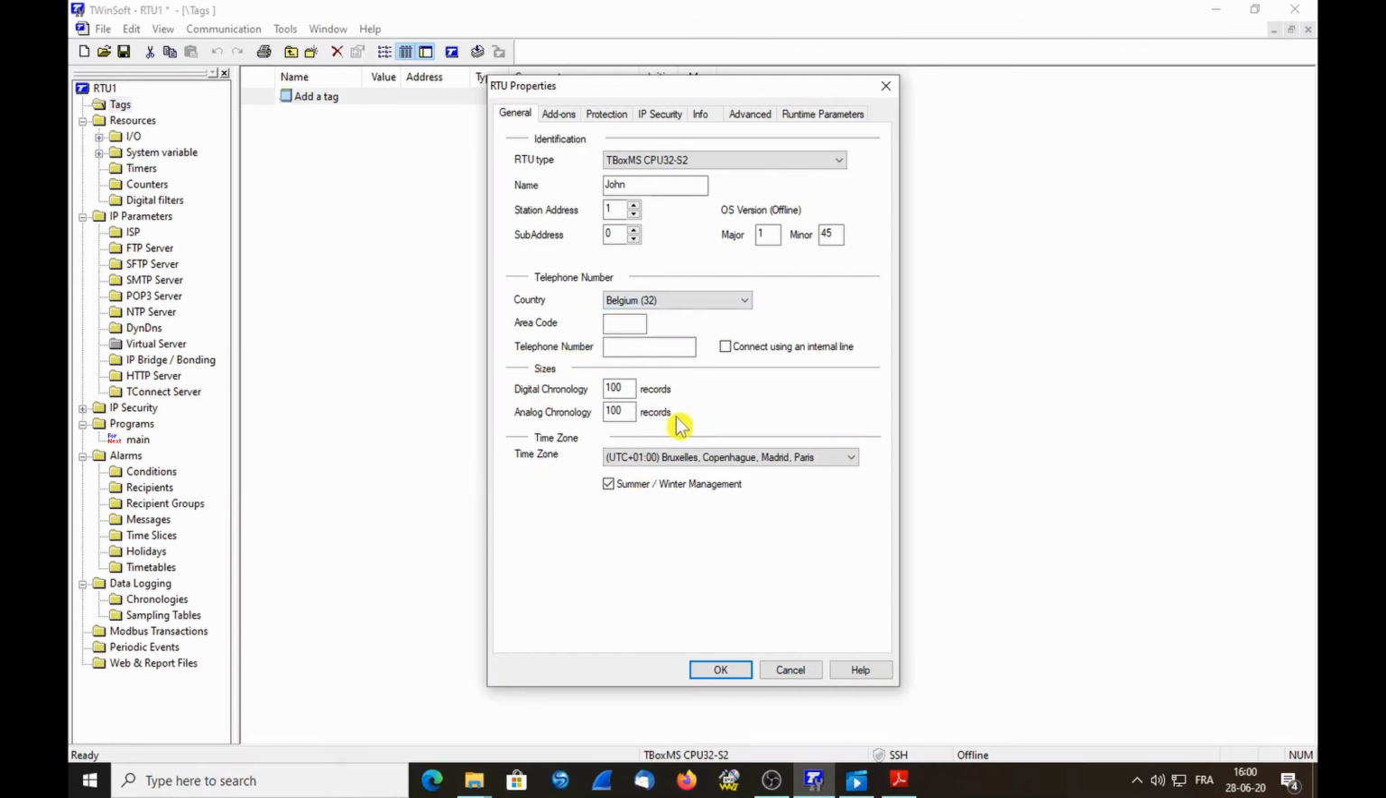Time zone relates to timestamping of TBox. TBox records each data in UTC time, so it's a universal time. So wherever the TBox is in the world, its time reference is the same. It's UTC time. But when TBox generates data to send you report, to send you historical data, you want to